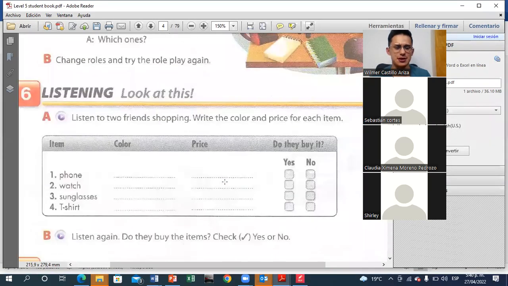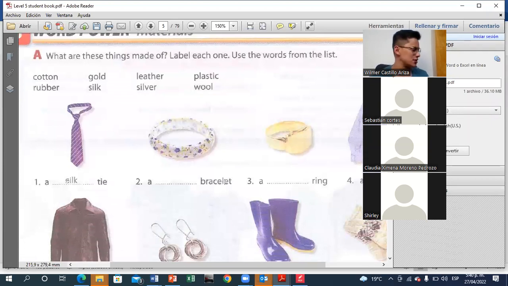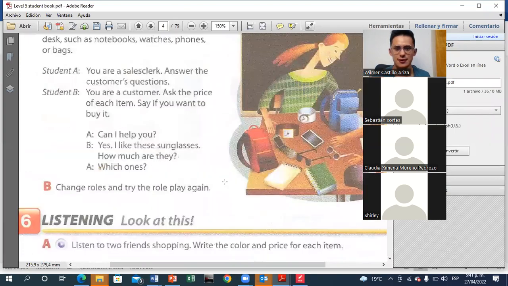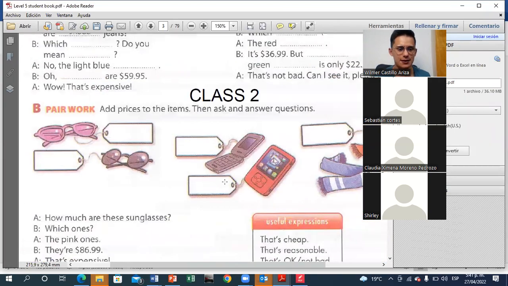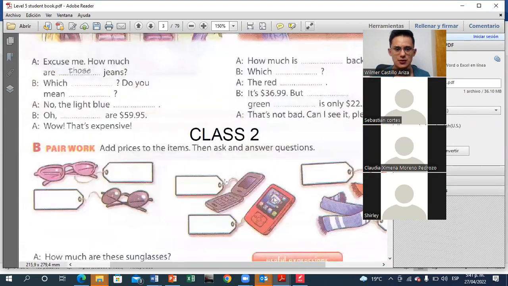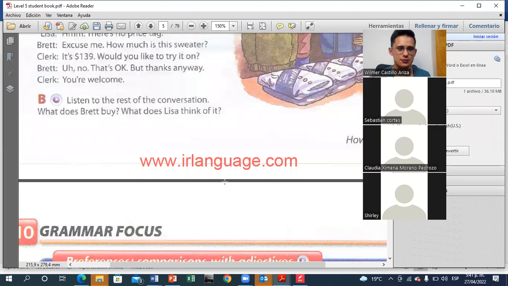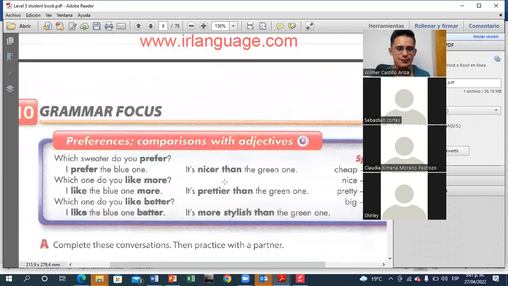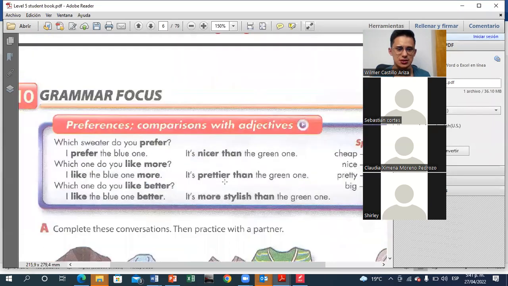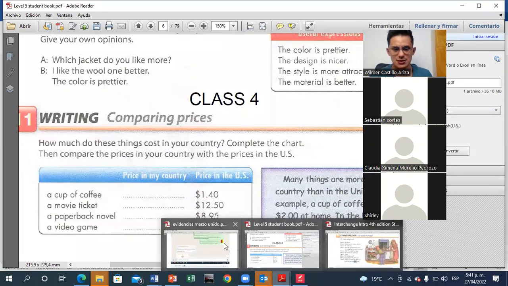Because the last thing that we are going to do is this part. We are going to fill this part. The vocabulary that you're going to learn is really, really important in this part. So we are going to try to translate this part. Give me a minute. Un segundo, que no me encuentro acá. No, es que no encuentro el audio acá. No, esta guía que estamos viendo acá todavía no es, pero bueno.